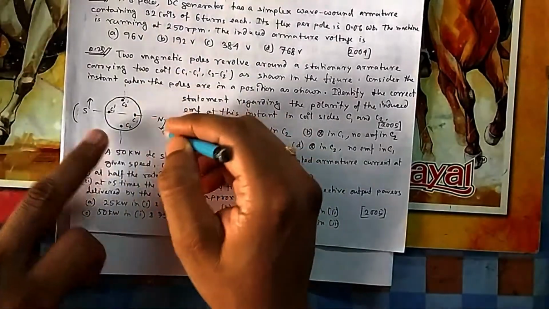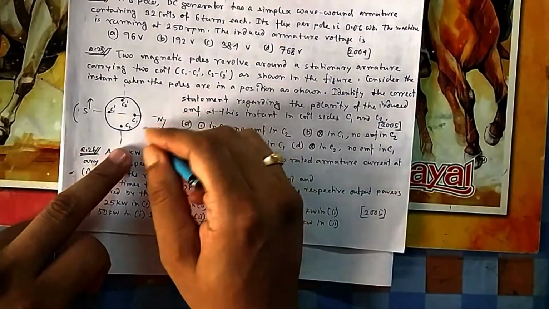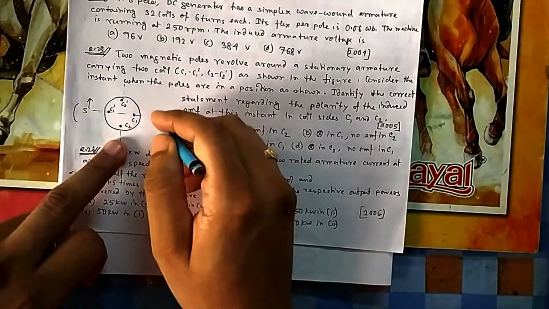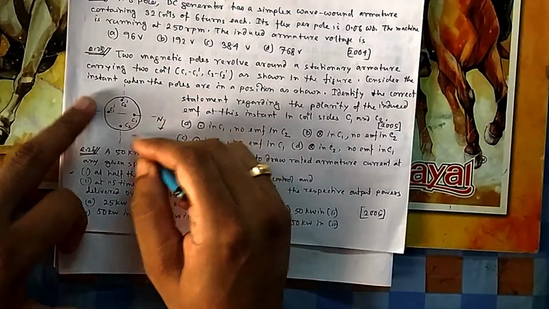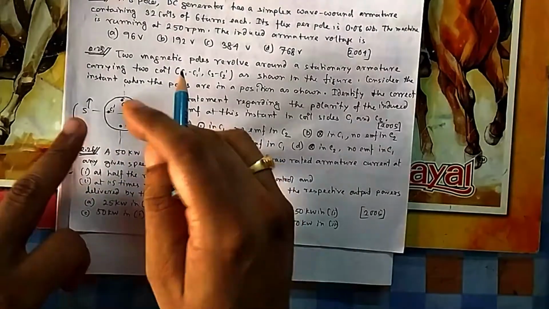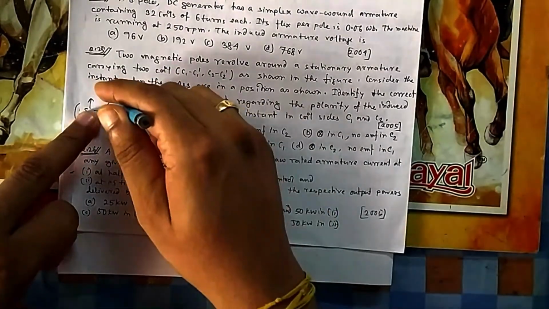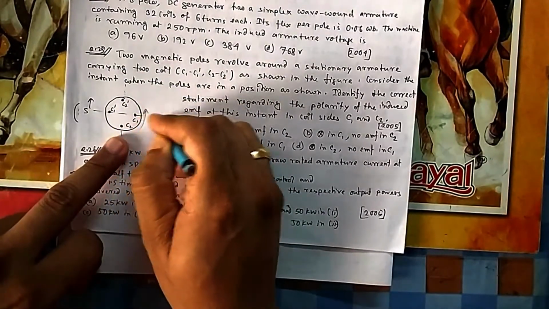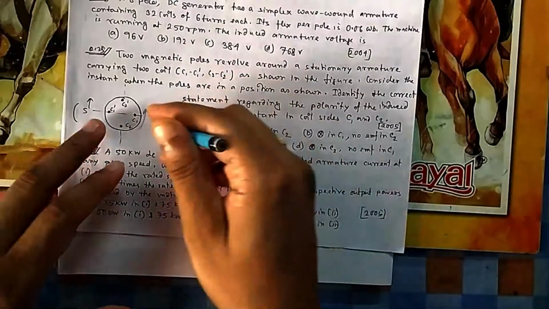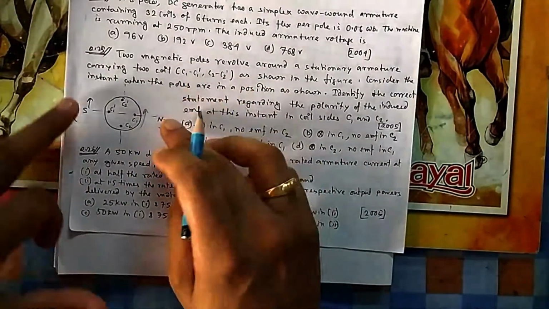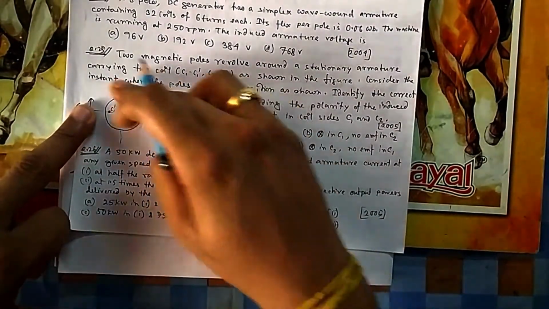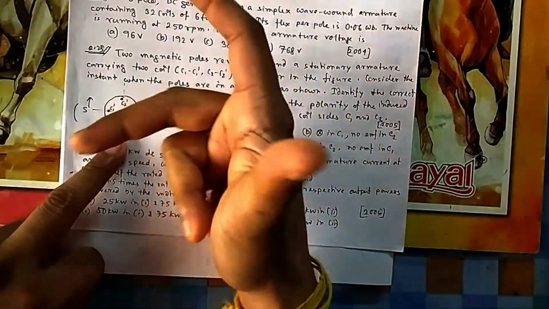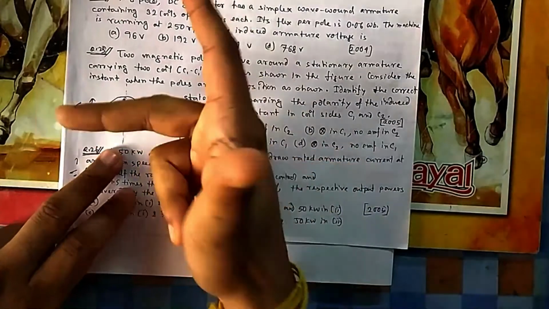So using the same phenomenon, suppose north has to come to C2. If I fix this, then after some time N will come to C2. But if I want to fix this magnetic field and rotate the coil, then C2 has to rotate in this way, because then only after some time C2 will come to north, that is the idea. Now I am keeping this fixed and rotating the winding. So you always think that force is applied on the winding, not on the magnetic field. So the force is on the winding.